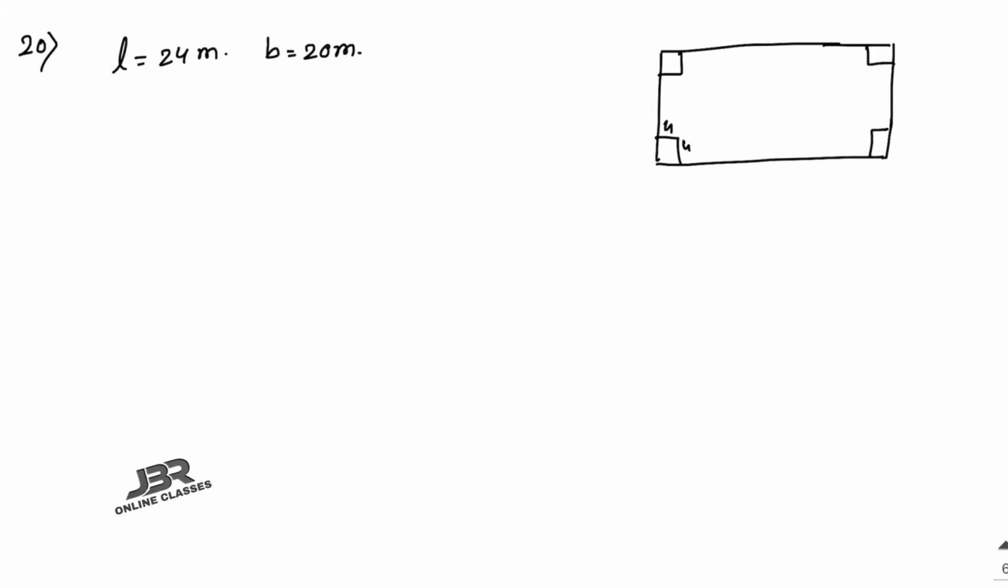So a cubical pit is dug out at each of the 4 corners of the field and the soil removed is evenly spread over the remaining part of the plot. By what height does the remaining plot get raised? First, the length and the breadth of the field are 24 and 20. So the area of the field or plot you can write down is 24 into 20,